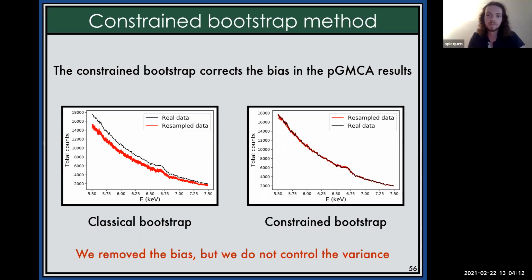Yeah, it's a bit long to explain the point of my constraint bootstrap, but the idea was to work on the histograms, because it is much simpler than a complete data cube, and constrain the kind of histogram that we want. And once we have this histogram, that is similar to what we would have obtained with the Monte Carlo, we use a random way to redistribute the pixels in the original image to obtain this histogram.